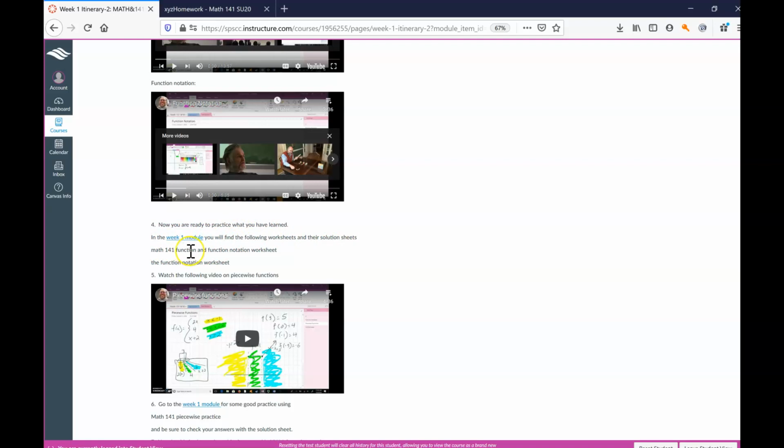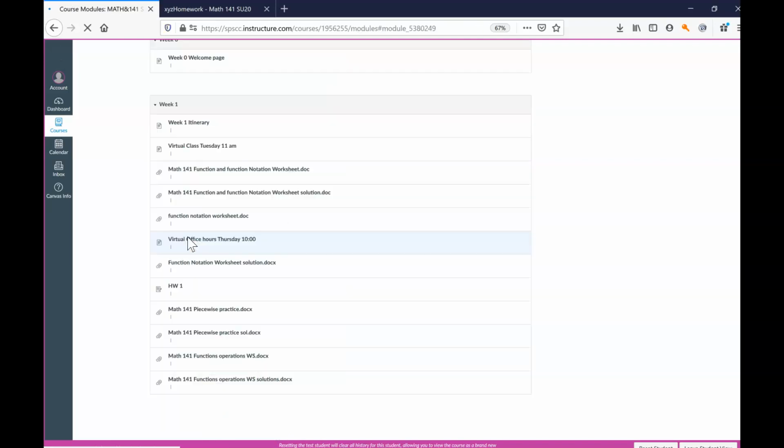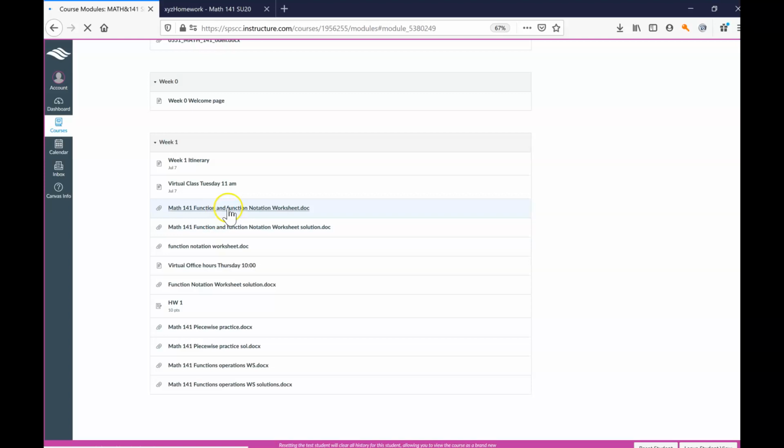So you see Math 141 function notation worksheet and the function notation worksheet. So if you click on the week 1 module, it'll take you back to the week 1 module and you'll see those worksheets. Math 141 function notation worksheet, and there's the solution sheet for it. And whoops, there's the solution for it. I'll move that up next to it. Okay,